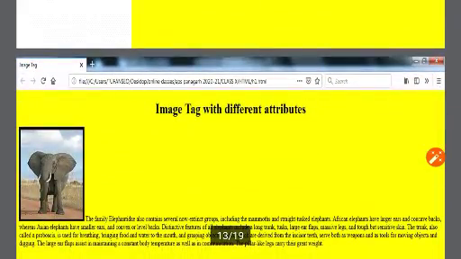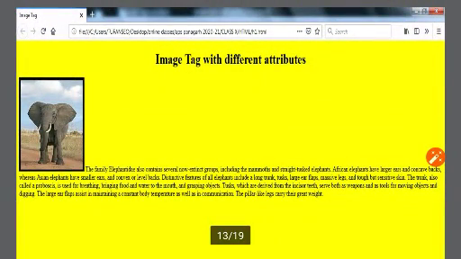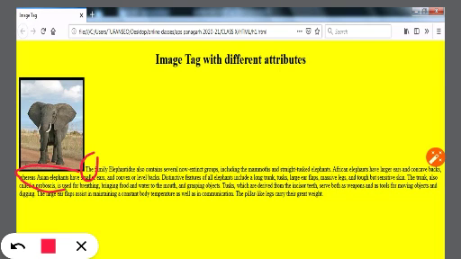Moving to next. Let us see another web page. Some text has been given and an image is given. The image on the left side is the default alignment of the image on the web page. You can see over here, there is no space, right? So the texts are just coming up against the image.